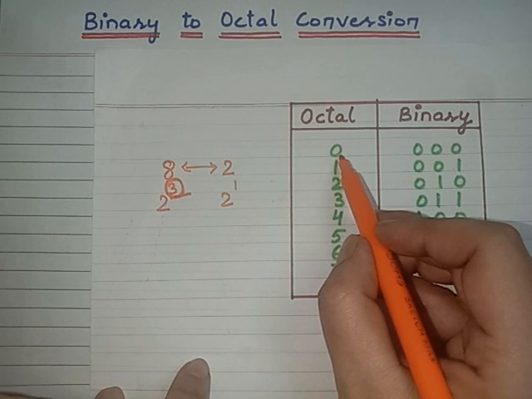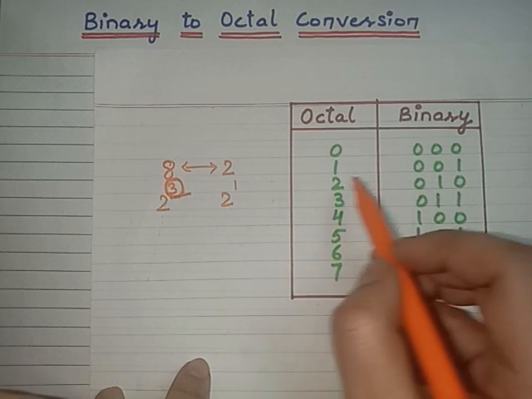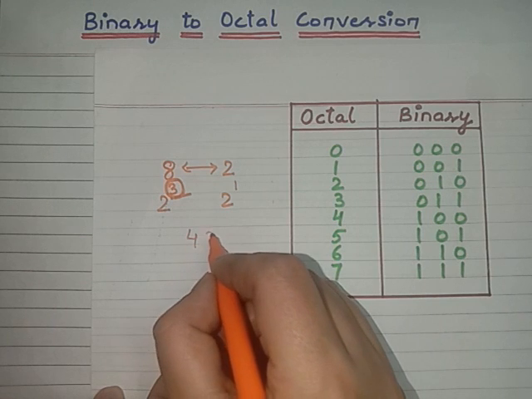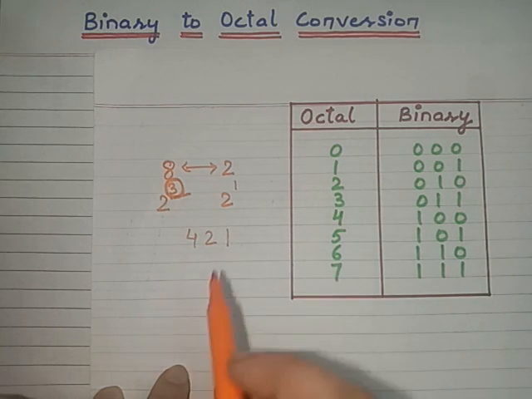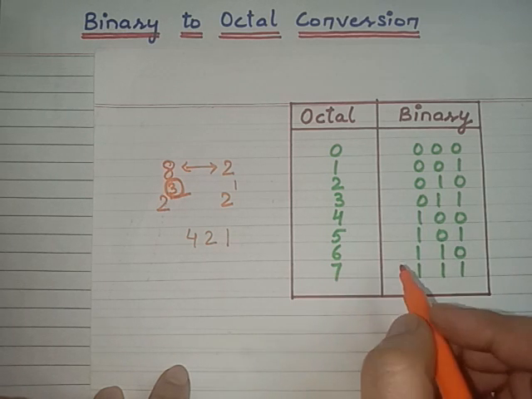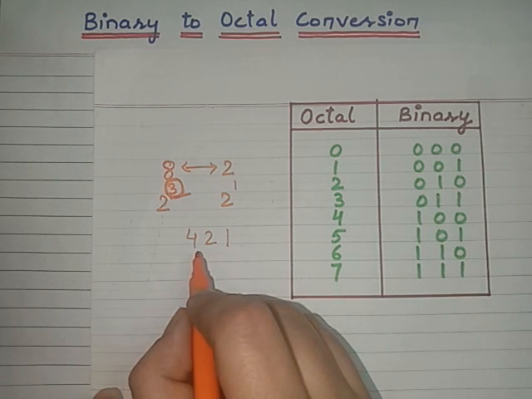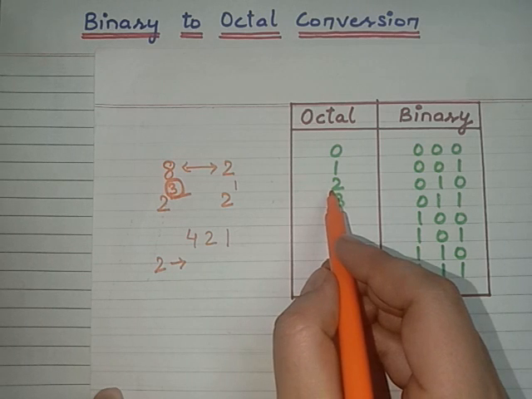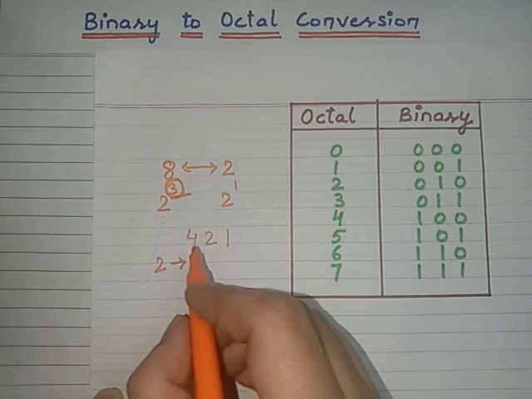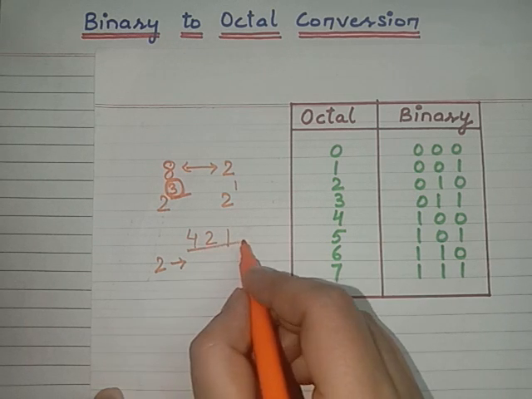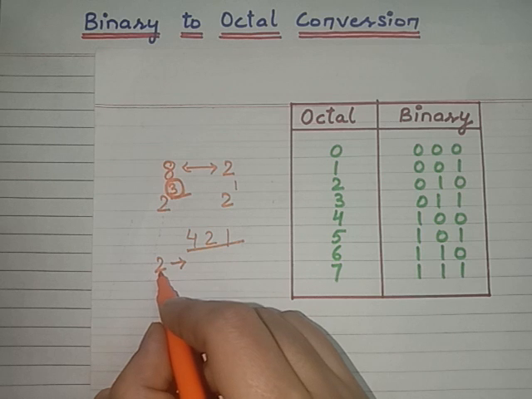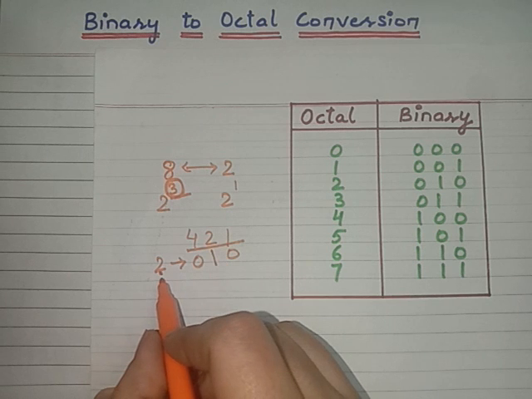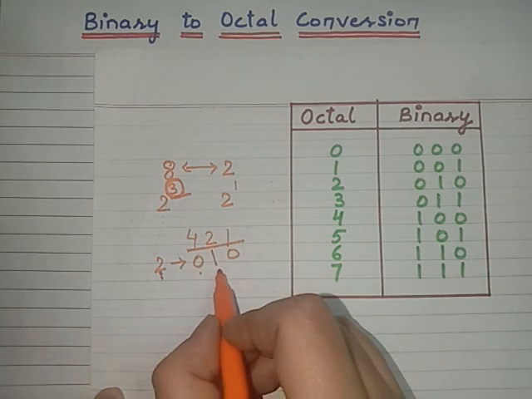Here 0 of the octal will be equal to 0 0 0. 1 of the octal will be 0 0 1. Actually we are going to use the code 421, right? So according to this we are making all these things. Suppose we have to write the octal number 2 and represent it in binary. We are going to consider this 2 only because we have to convert the 2. So we will be taking 2 as high and the rest of the numbers are 0 0. So the code for the octal number 2 is equal to 0 1 0.